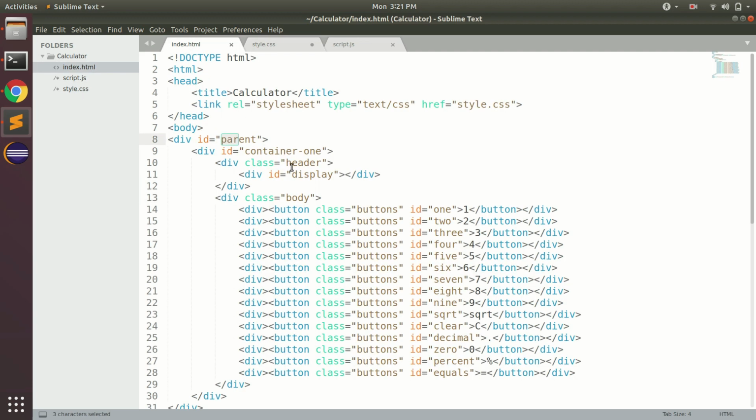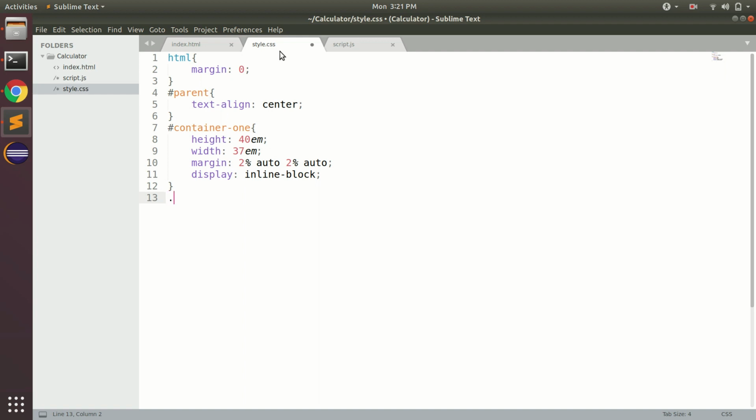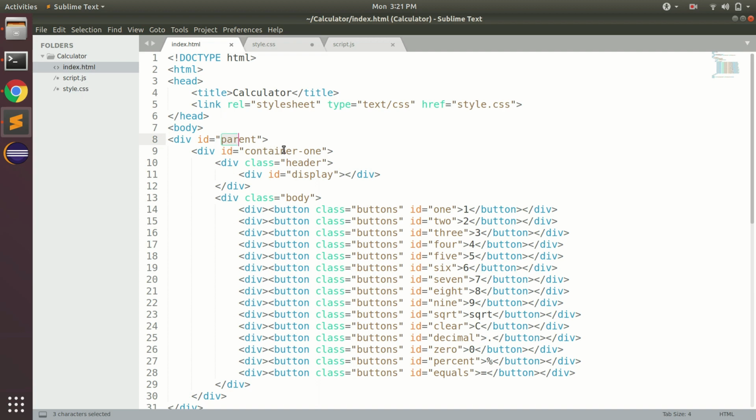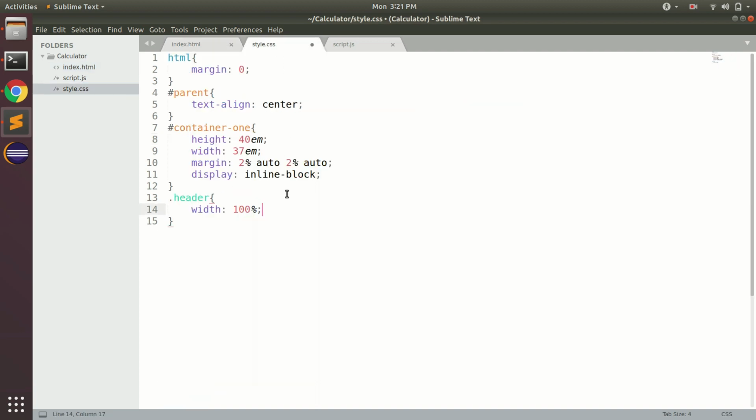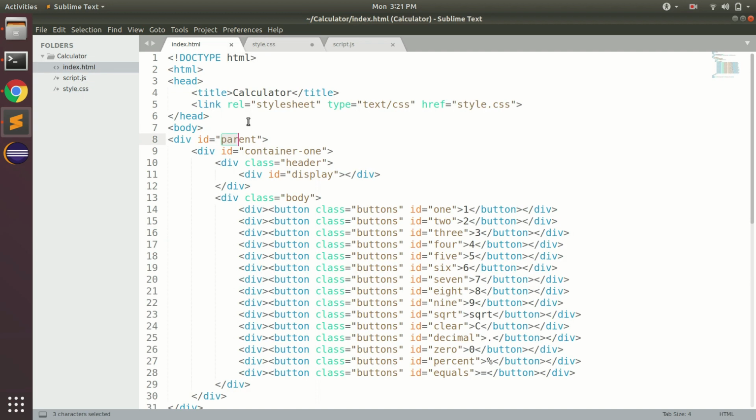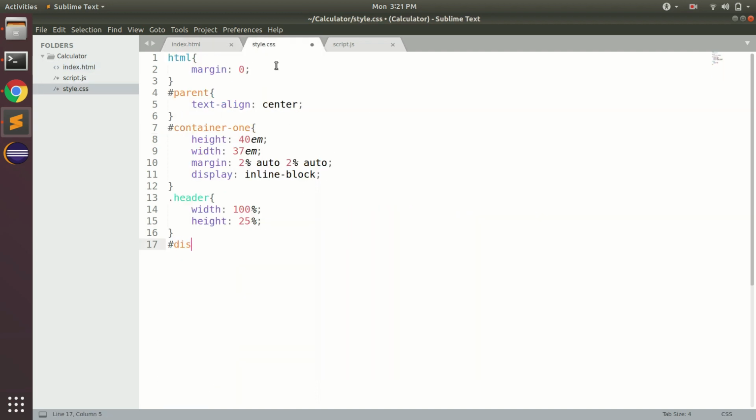So the next thing is our header. Okay, so dot header, let's give it width as 100% of the parent element, that is container 1, and let's give it a height of 25%. After that the next thing is I guess display. Okay, so display,